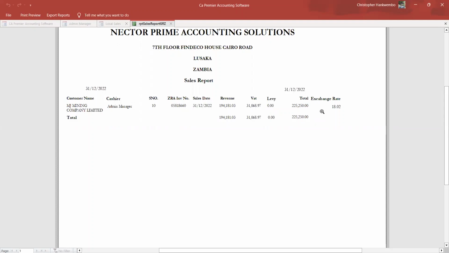Yes, we've seen. If you try to convert 12,500 at 18.02, these are the figures which you will find there. I don't know if you are following it. So this is the report which you use locally so that you are able to trace the amount in kwacha, which is converted. Remember, we are reporting in kwacha. Our currency is Zambian kwacha, so the conversion will be done automatically for you. This is the report which you have, and it will look like that.